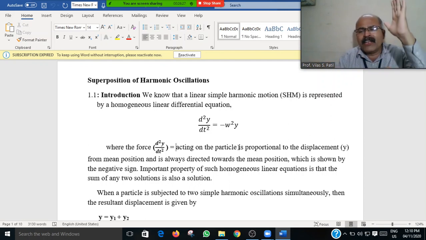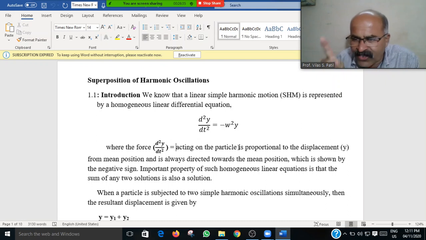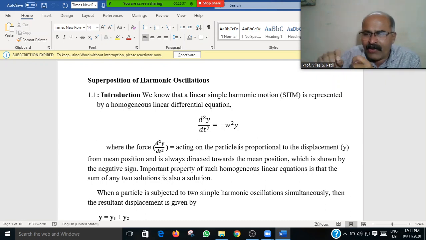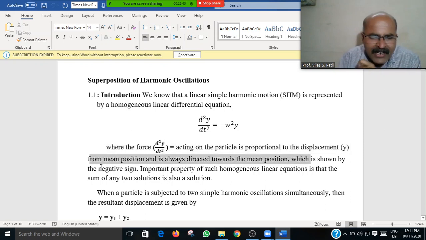मीन्स दॅट the d2y by dt square is the force acting. That force is known as a restoring force, and we know that that restoring force depends upon the displacement. It will be proportional to displacement y from the mean position, and it is always directed toward the mean position, which is shown by the negative sign,